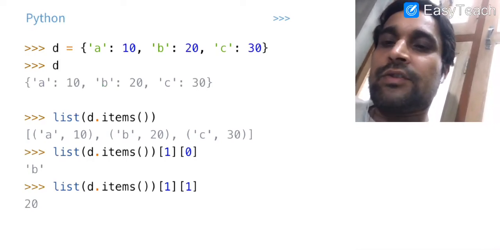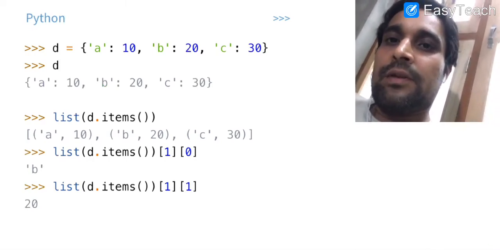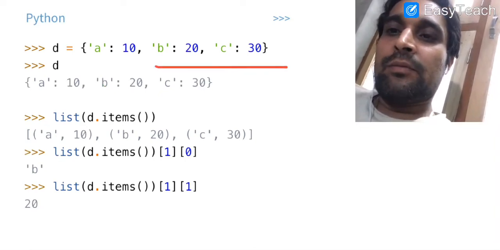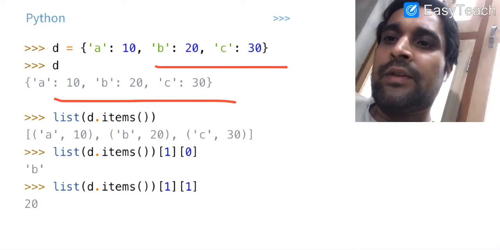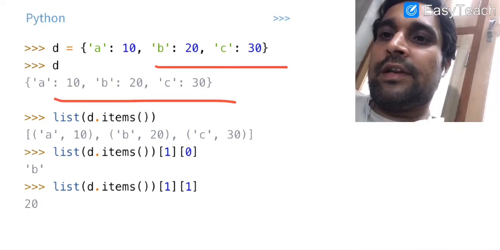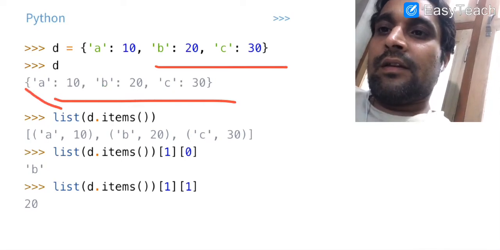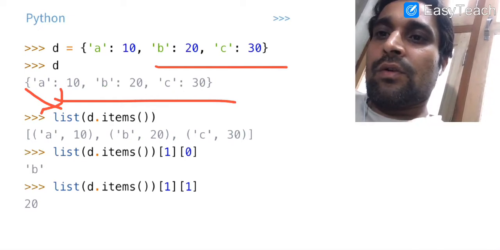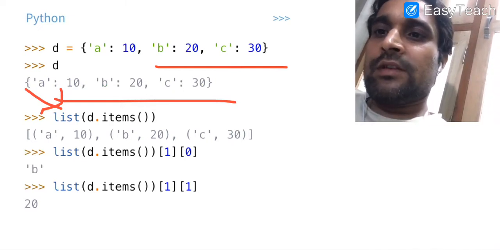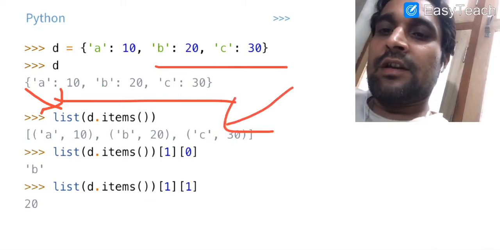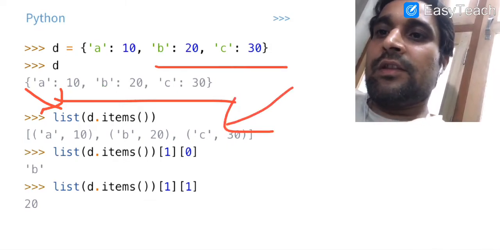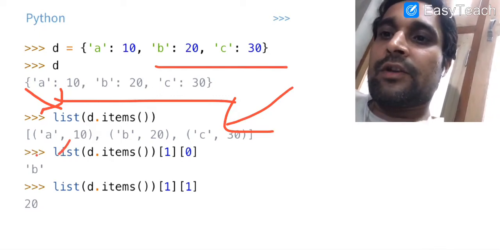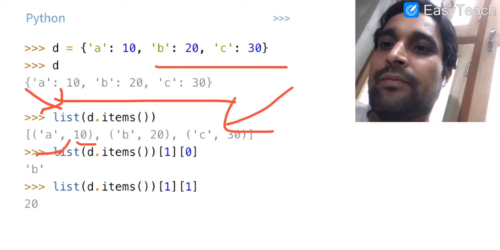Here in our example you can understand the working of the items function that we are using with a dictionary. We have created a dictionary. When you write the name of the dictionary, you get the entire dictionary on the screen. Thereafter we have written d.items, and before that we are using list. It means we will get a list of items enclosed in parentheses, because a tuple is represented in parentheses. These tuples consist of two parts separated by a comma. The first part is the key, the second part is the value.